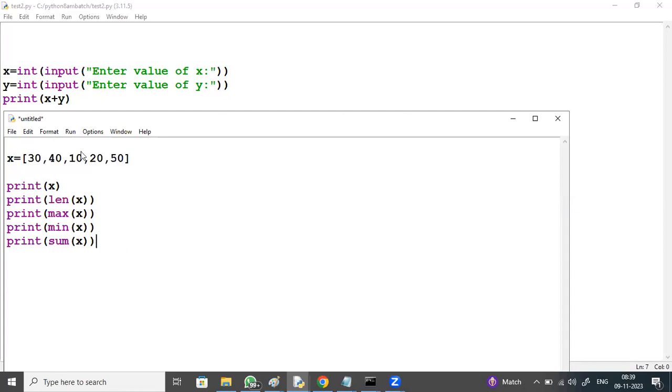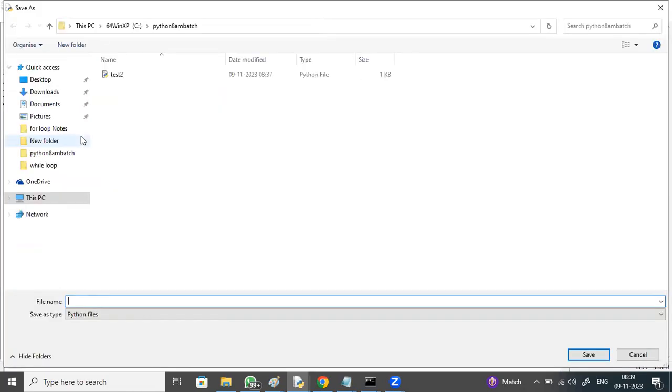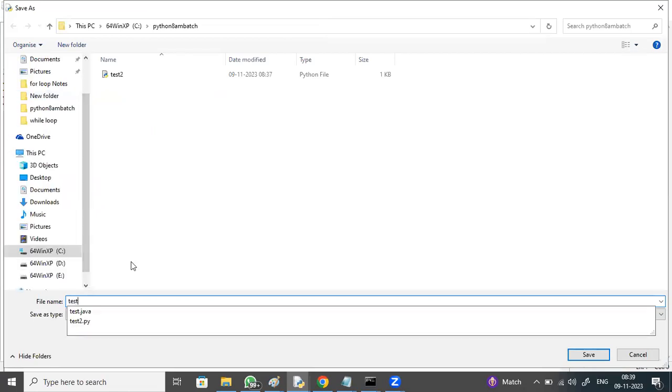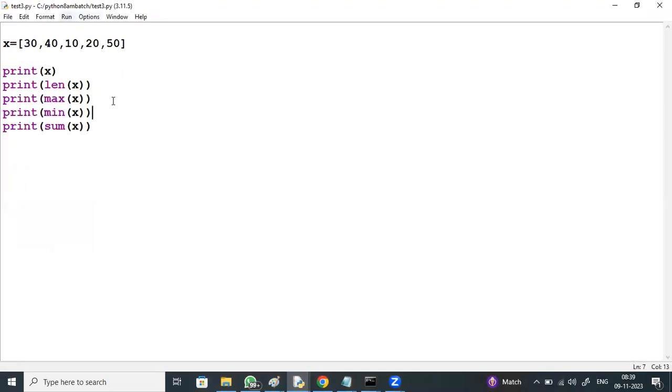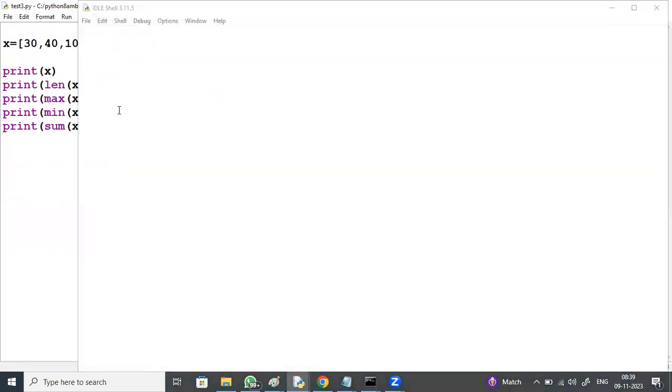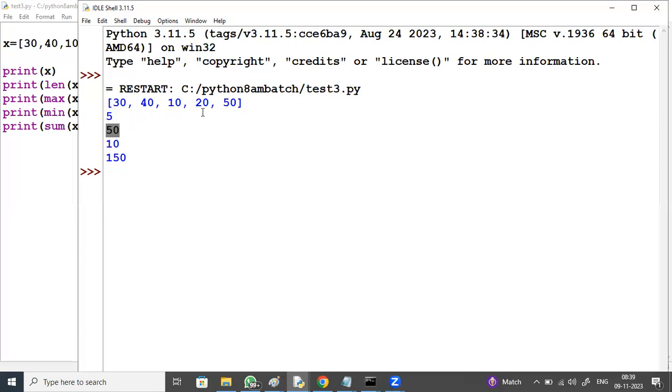Just observe this output. Length is 5, the number of elements. Max element is 50. Min element is 10. Sum of all these elements is 150.